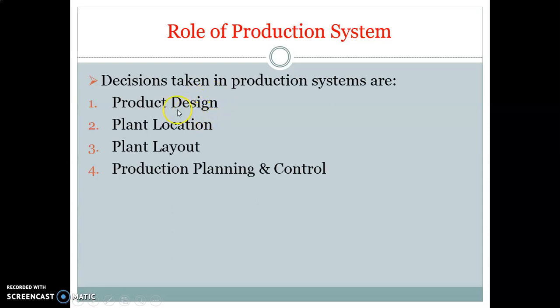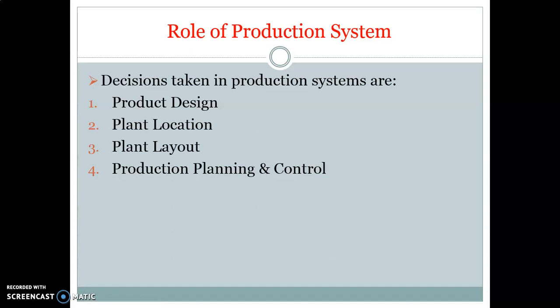After that, plant location. Plant location is about locating the final plant where we have to carry out all the production activities. These are based on availability of labor, availability of raw material, or it may be future expansion of that organization.